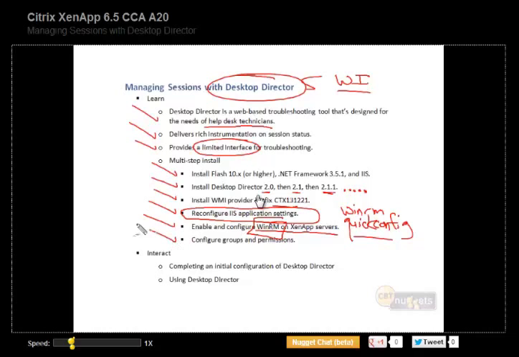And then lastly, you'll need to configure which groups you want to give permissions to actually use Desktop Director. And the way that you do that is really odd. So I'll show you how it works here. So let's spend some time actually going through an initial configuration of Desktop Director and then actually showing you what